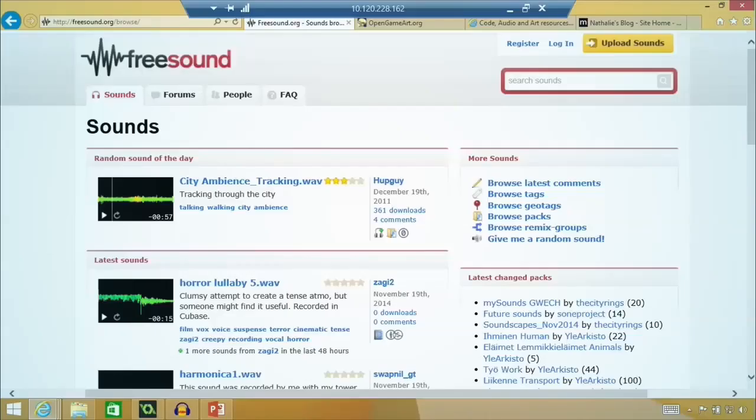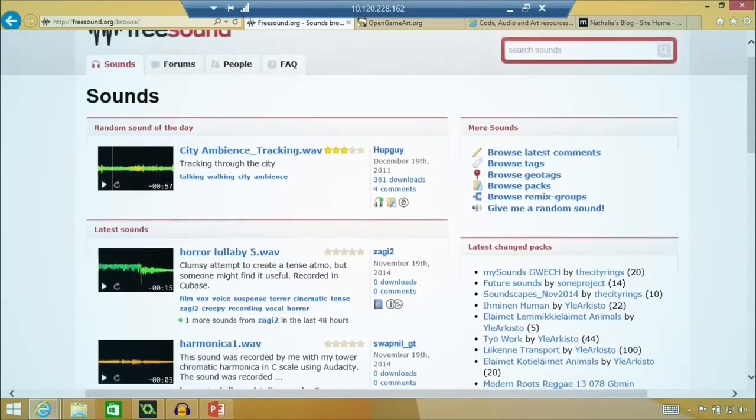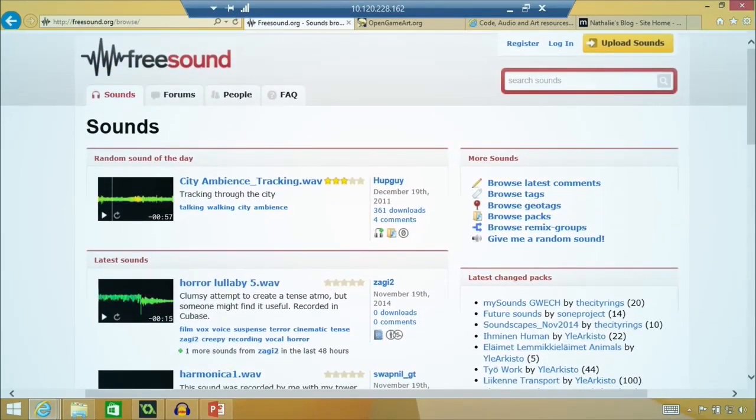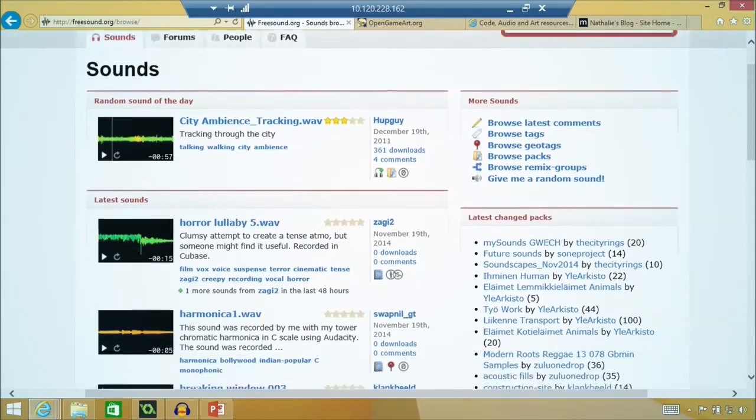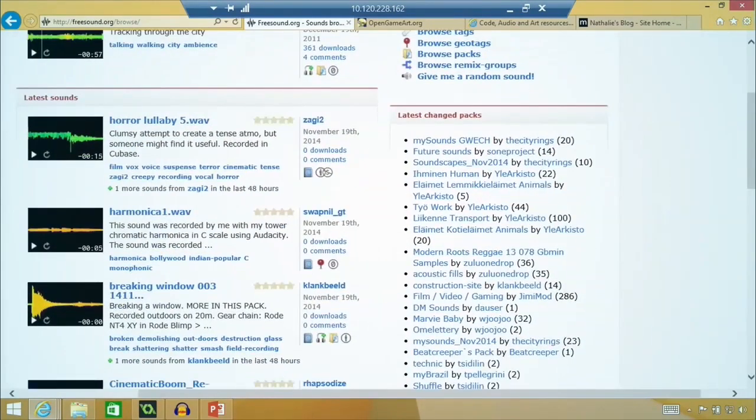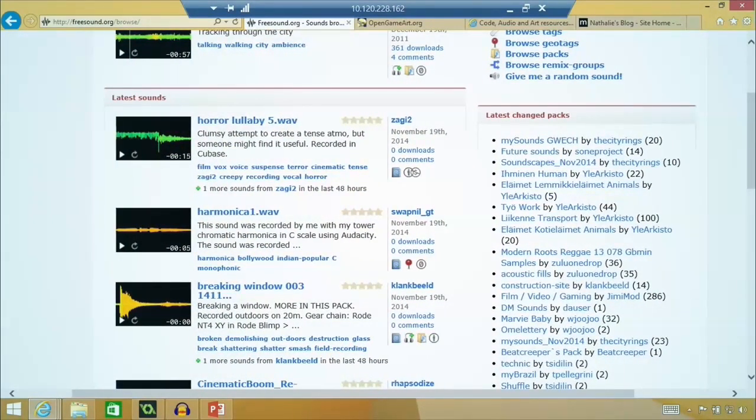So I'm over here on freesound.org, just in my browser. It's this really cool website that has a multitude of free sounds that people have put on here. So I'm just on the home page, and let's take a look at some of the fun stuff that they have. So this horror lullaby,